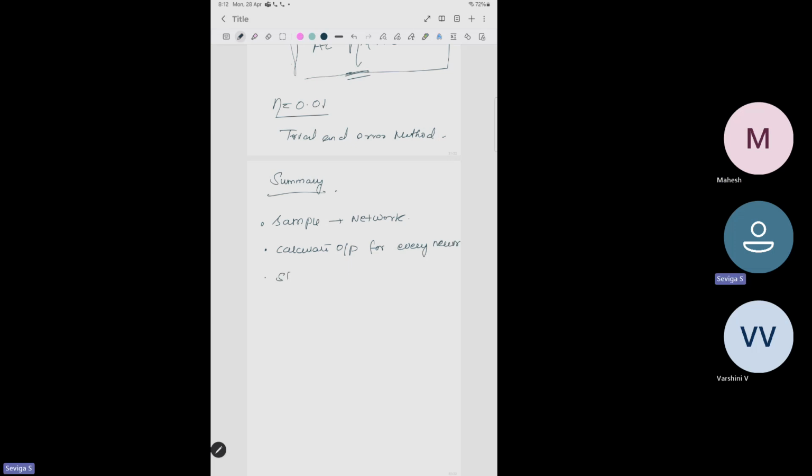Then we started the back propagation algorithm. We computed the delta for the output neuron. And then we had a formula for the change in the network error, which is equal to the change in the output